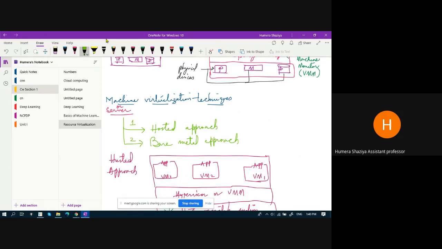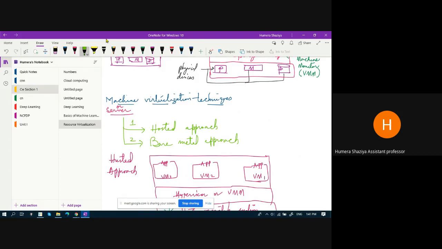Hosted approach means you have physical resources. On top of physical resources, an operating system is installed, and on top of the operating system, the hypervisor or virtualization layer has been installed,